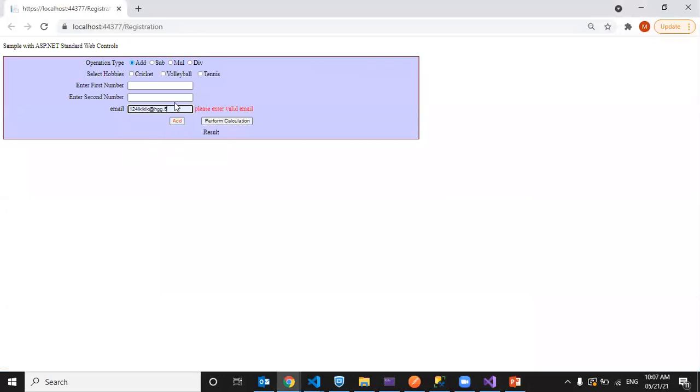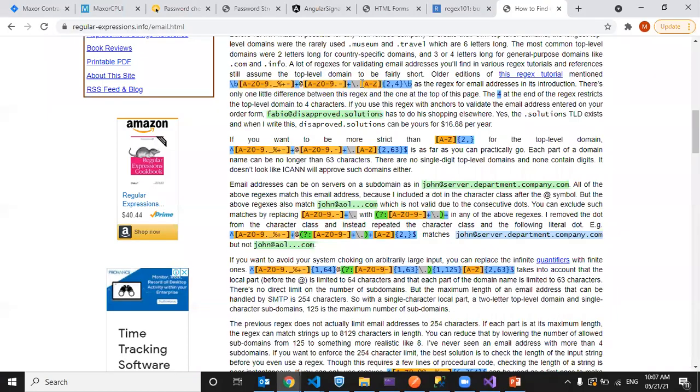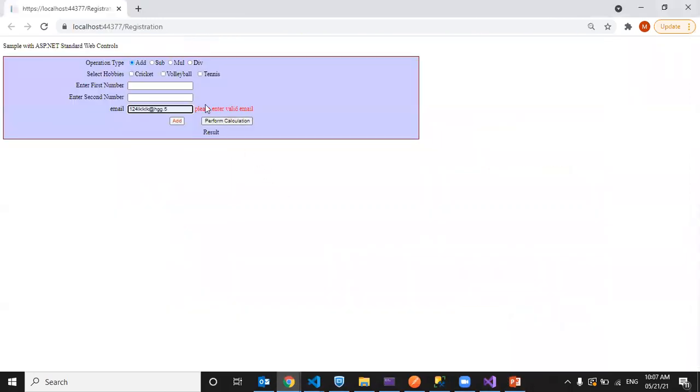See here, now I changed the expression. After dot, I want at least 2 letters. If you observe the expression, after dot from A to Z, there should be a minimum of 2 to 4, and only A to Z. I typed 2, still it is invalid.